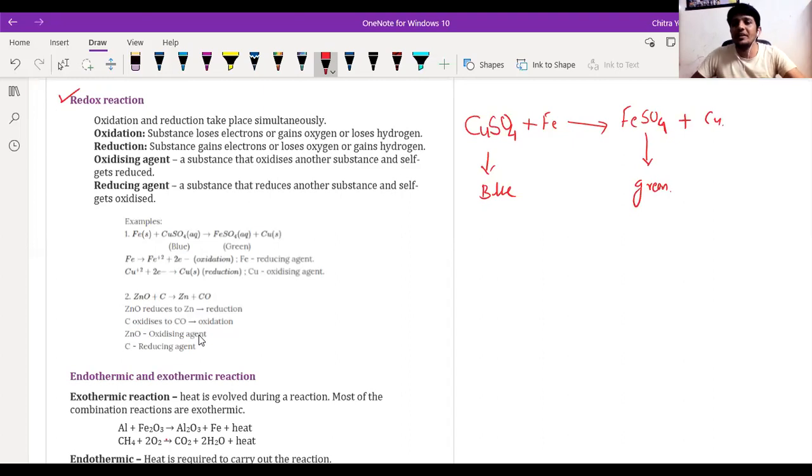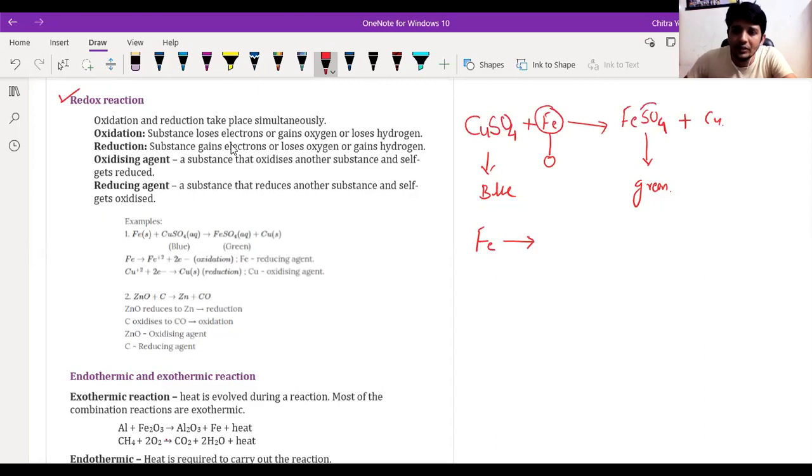So what is happening here? We have to understand. See, here we have iron, and iron does not have any charge on it. On the reactant side, iron has zero charge, because it is not going to lose or gain electrons. That means the charge on iron on the reactant side is 0. So here I'm going to write one more reaction: Fe on the reactant side has 0 charge. Now we'll check iron on the product side.